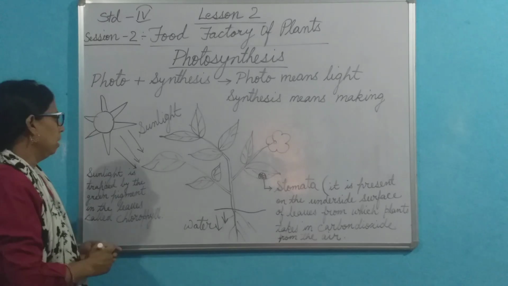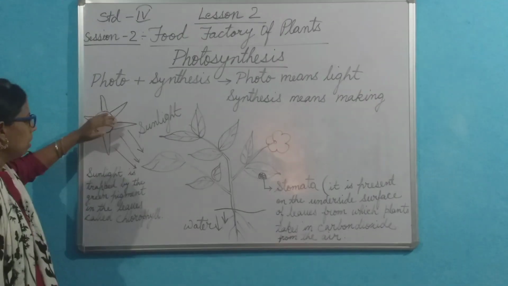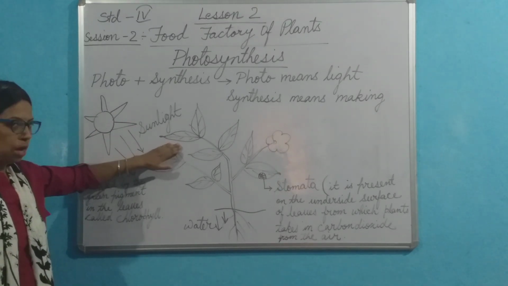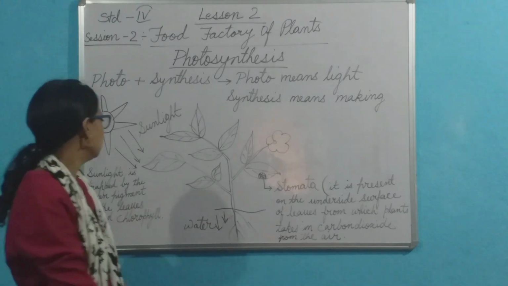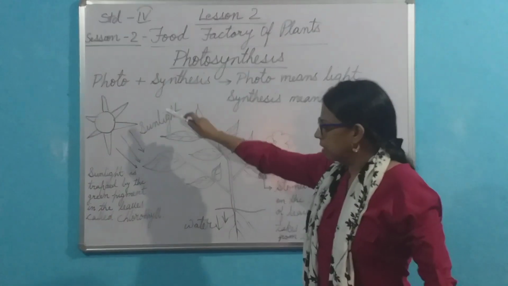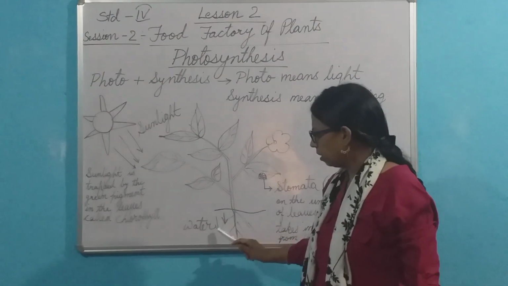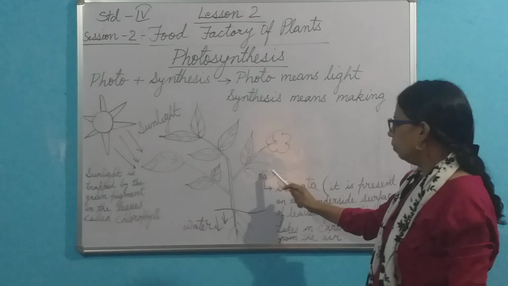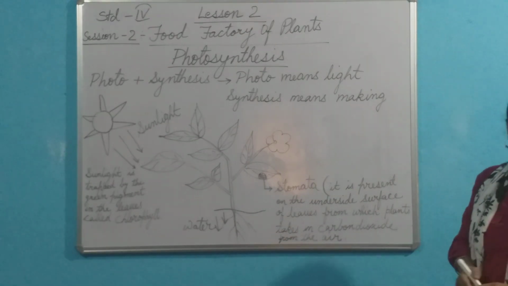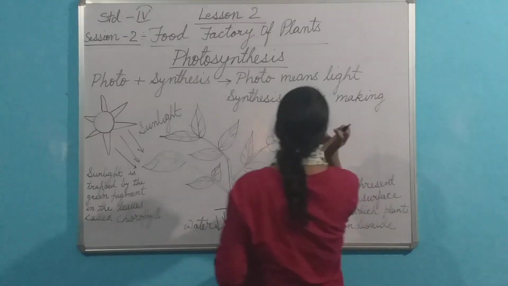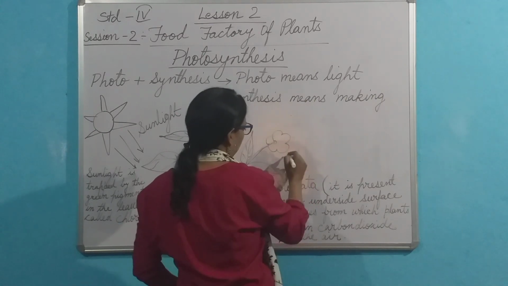So here you can see clearly, in this process, the leaves of the plant, with the help of the green pigment, that is chlorophyll, take in sunlight, trap sunlight, and it gets water from the root. Also from the stomata it gets the carbon dioxide. So finally what is the combination here, if we write it in an equation, the equation will be,